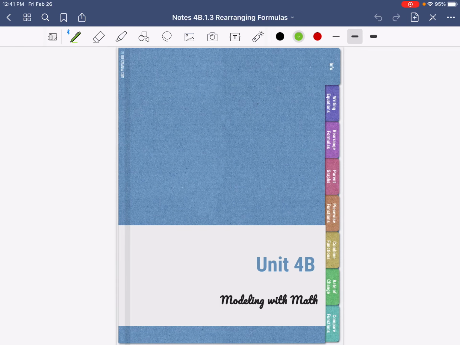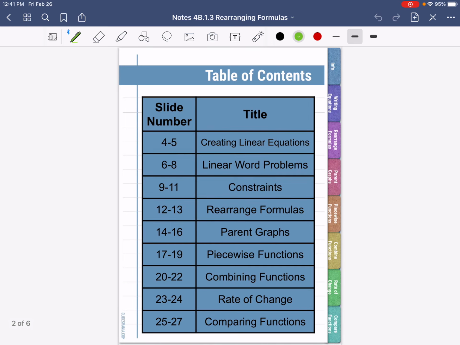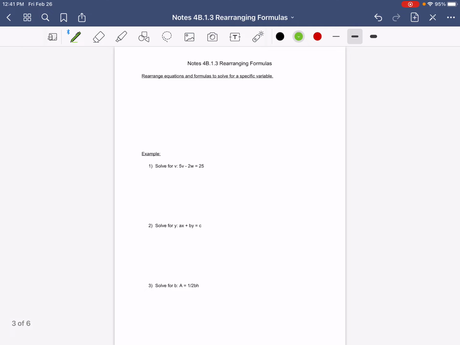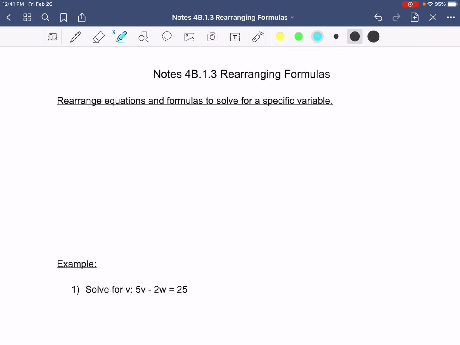Hi guys, these are our notes today about rearranging formulas. Should be pretty easy, simple notes. It's going to go in on slide 12 through 13. So at the top of your paper, go ahead and put your title for me, notes